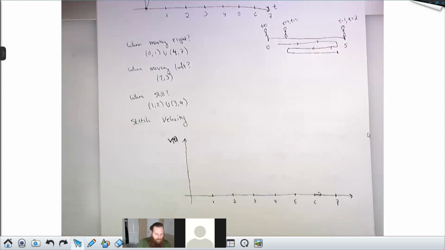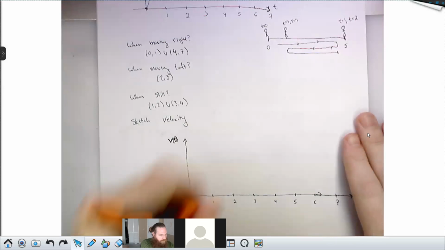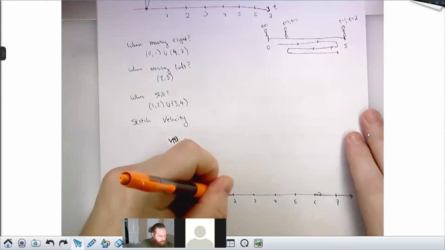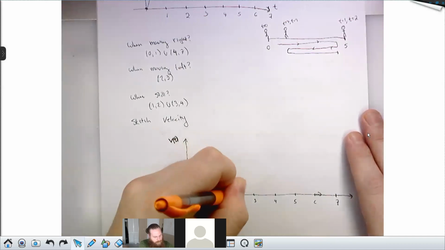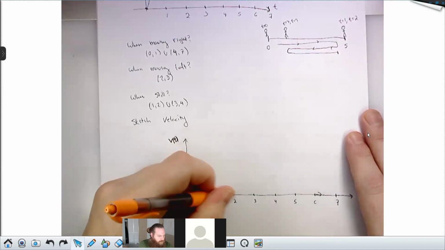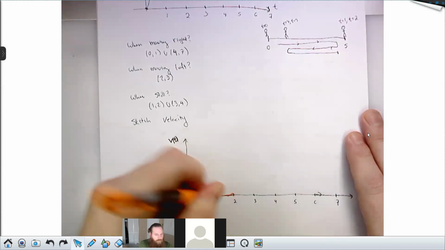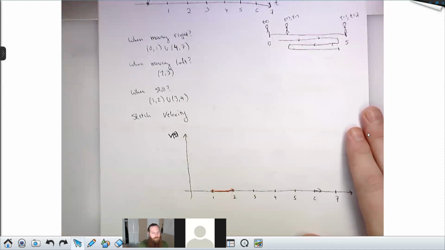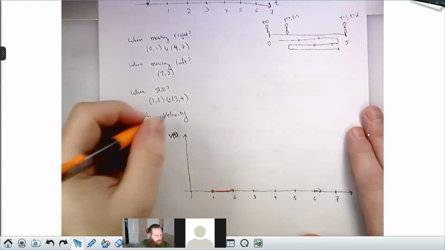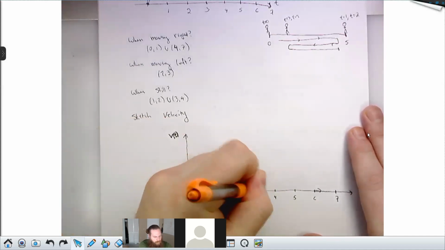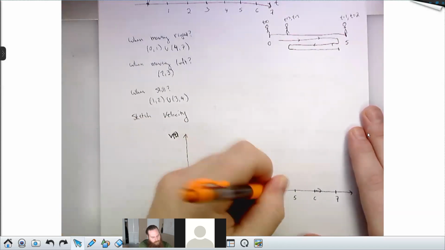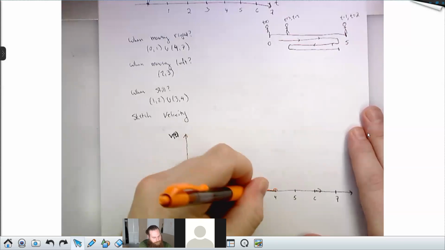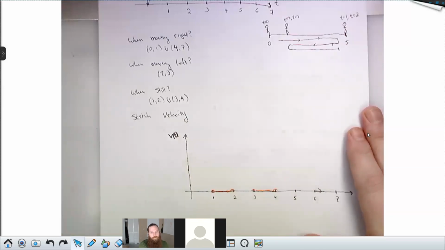So let's get some color up in here. From 1 to 2, I am holding still. So my velocity should be 0. Now at time t equals 1 and at time t equals 2, I'm changing my velocity. It's not necessarily 0 there. And the same is true 3 to 4, right? From 3 to 4, I was holding still. So everywhere in here, my velocity is 0. Like this.